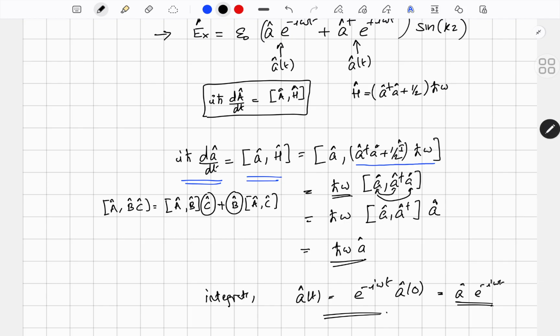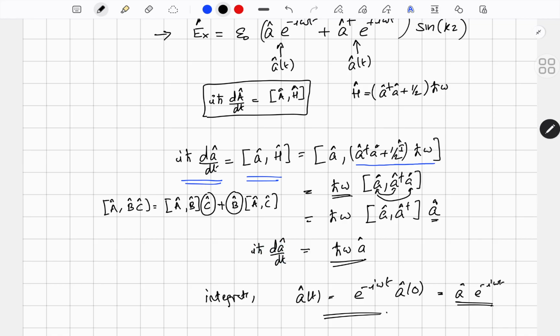And we can write the first commutator, the commutator between A and A dagger, and here we have to take this A to the right side. Okay, so I have taken the A to the right side, so A. Now the commutator of A and A dagger is just simply an identity operator, or 1. Okay, so therefore this becomes ħω A. So the left side is iħ